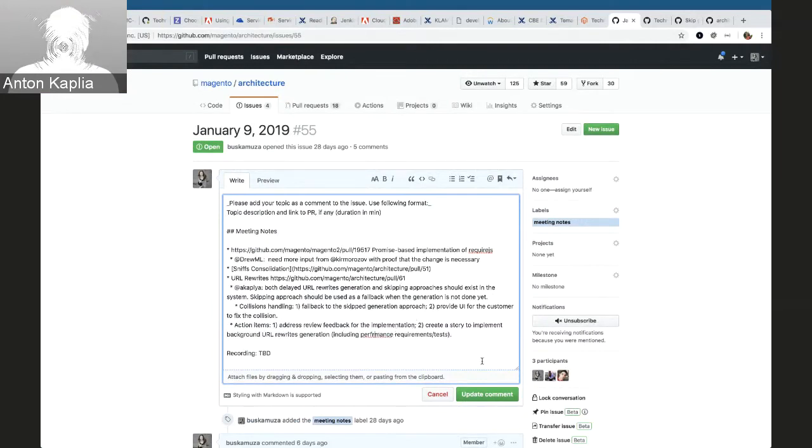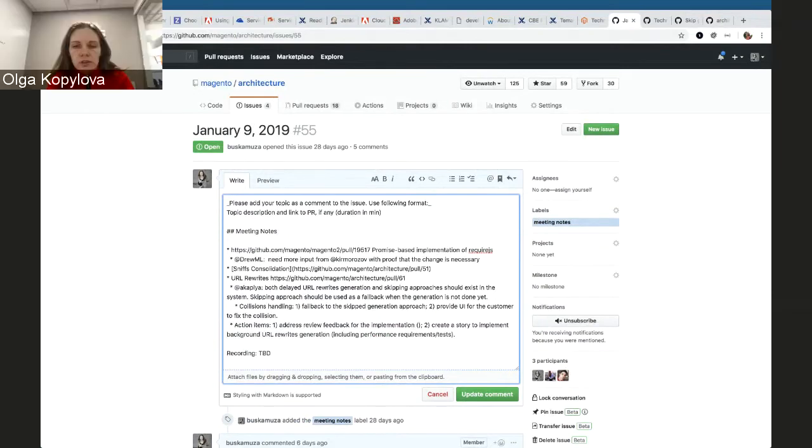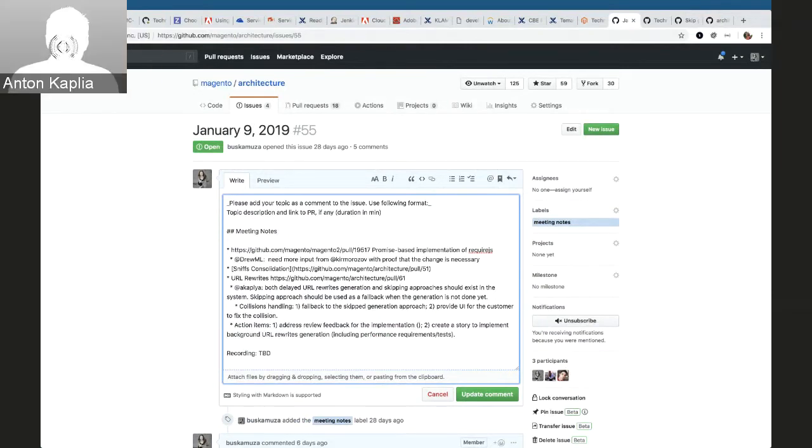This is not a big deal to merge in scope of backward compatibility. The main problem is that this is a significant change in application behavior, which should be properly documented and properly communicated. So are you talking about the current solution or about the next story? Even the current solution. Even the current solution is a significant change in URL rewrite. Yeah. For the current solution, do you also have